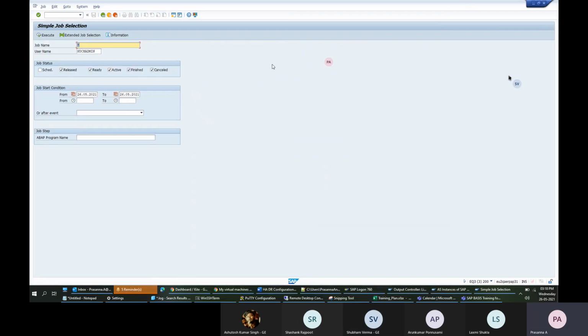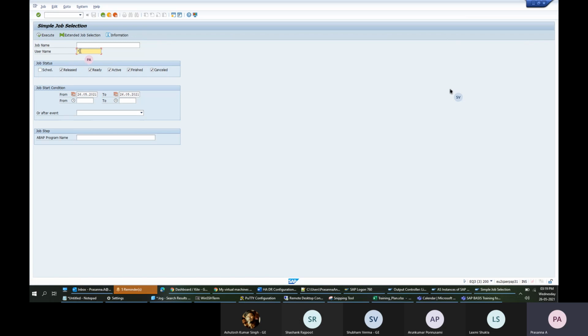If you want to search for a particular job name and you give star, it will list everything. If you want to limit something, like jobs which start with Y, you can give Y star. Or if you want to search something which starts with Y and ends with F, you can give it like this. And if you give user as star, not only for this screen, on any screen, if you give star, it will list everything.